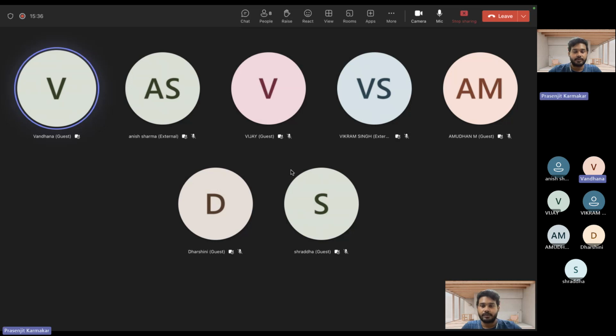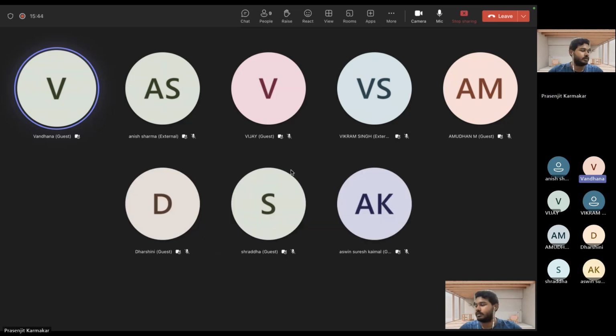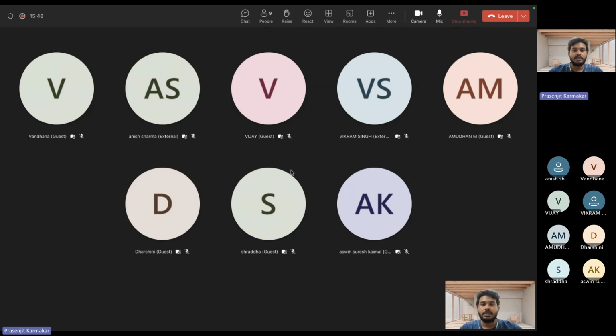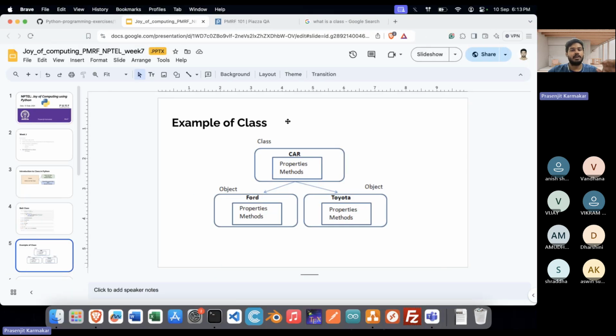For a function, it's easy: just def and define the function. But for a class, I can't comprehend it. Okay, let me explain it one by one. We'll see what each syntax means when you are defining a class. Let's see the theory first so that we have an understanding of what a class